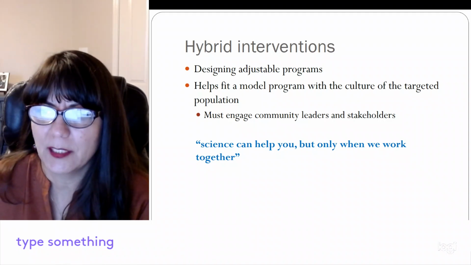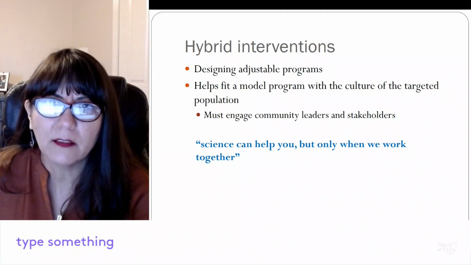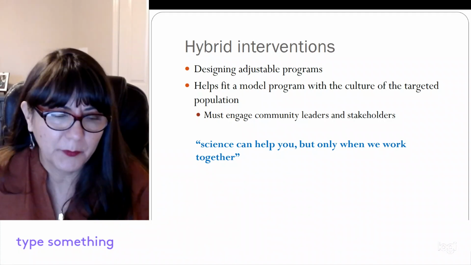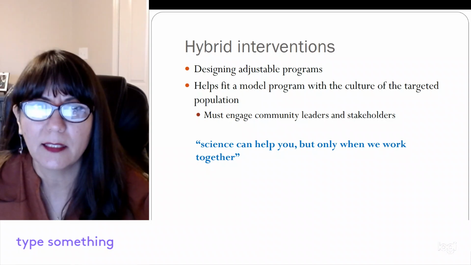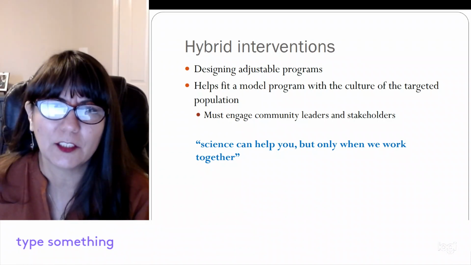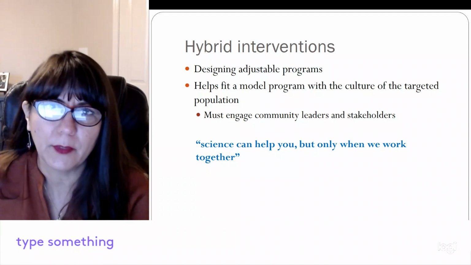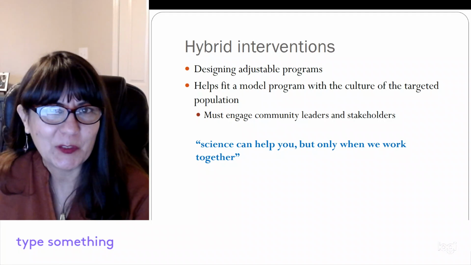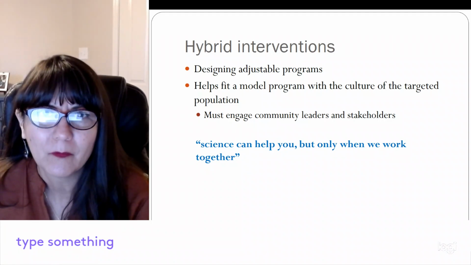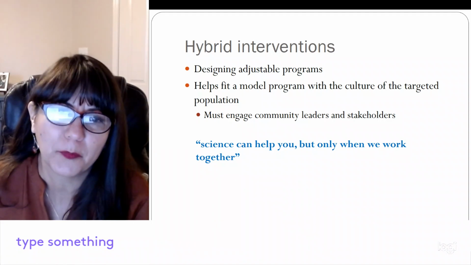And so they included this quote at the end of the article because many times researchers come in thinking they can deliver interventions to a particular group without culturally adapting. And I think it's like this realization, right, that, hey, we do need to do more homework before we interact with the population or try to bring any type of model program.